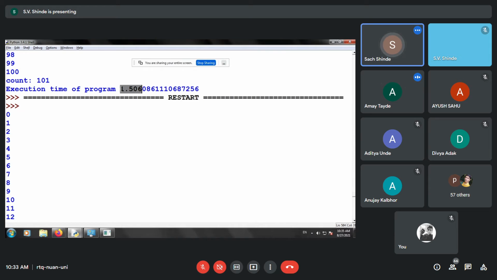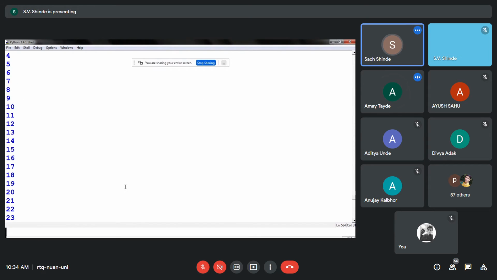During the shifting, some time is taken. That is the delay. We can say it is a latency between the IO devices, and due to that some time is added.